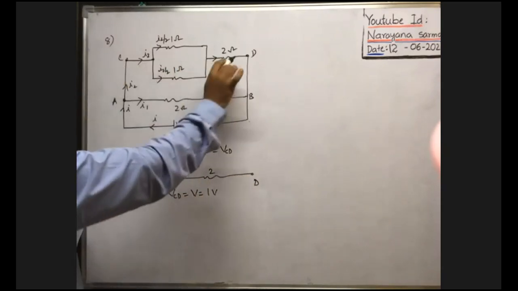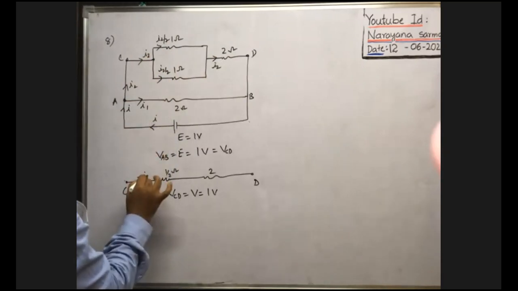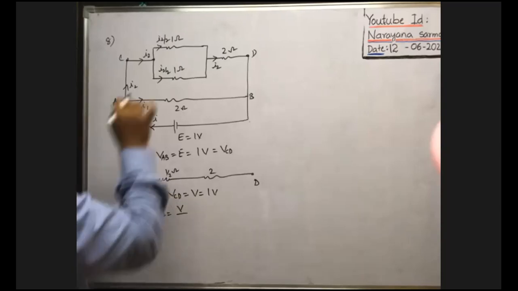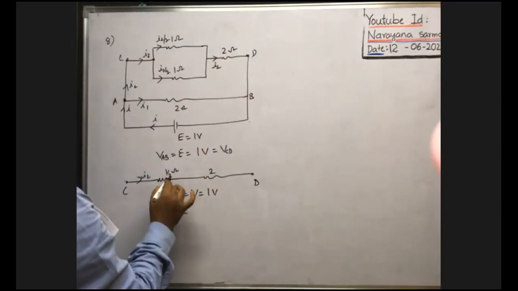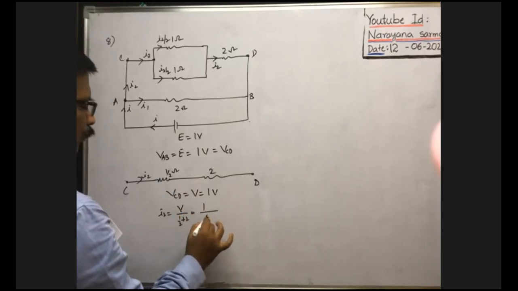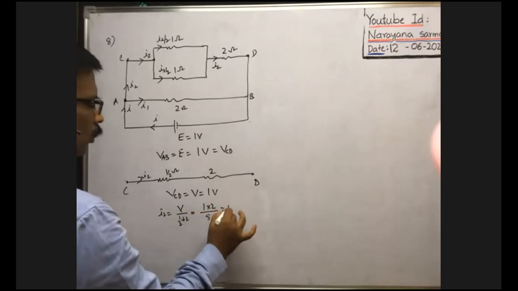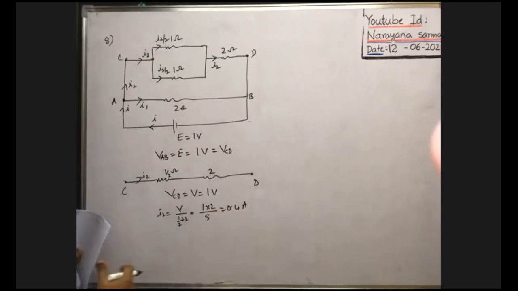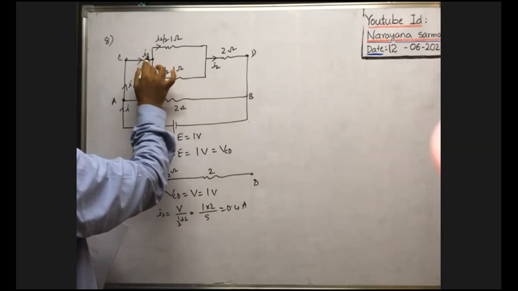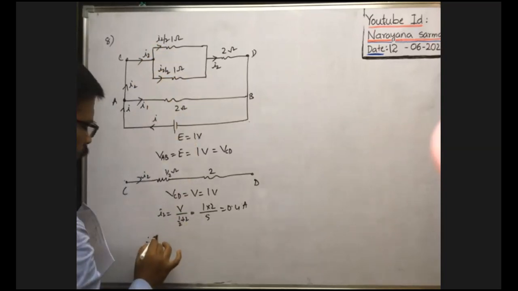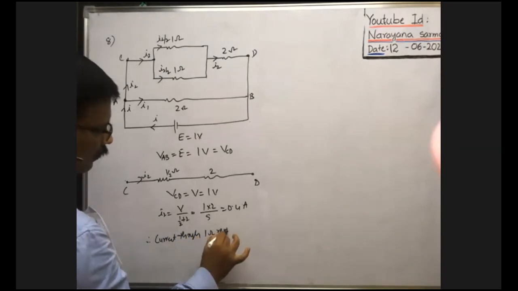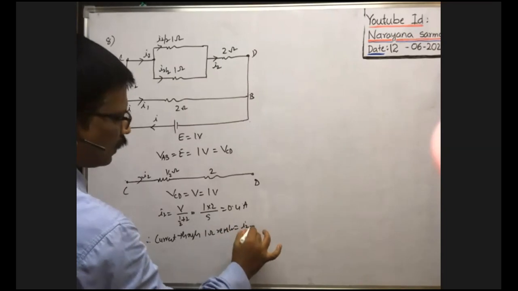The current through this series combination of this one and this one is I2. So what is I2? I2 is equal to applied voltage V by the total resistance in this combination. The total resistance in this combination means 1 by 2 plus 2, no? That is equal to V, means 1 volt, by 5 by 2, means into 2. This is equal to 0.4 amperes, no? This is the current I2. Here this current I2, as these two are equal resistances, is divided into two equal parts, no? That's why the current through the 1 ohm resistance is equal to I2 by 2, that is equal to 0.4 by 2.